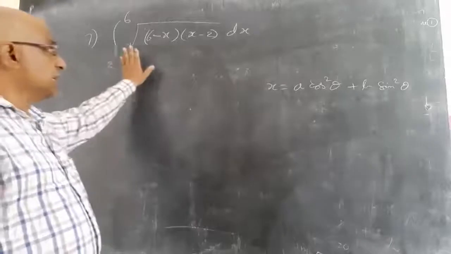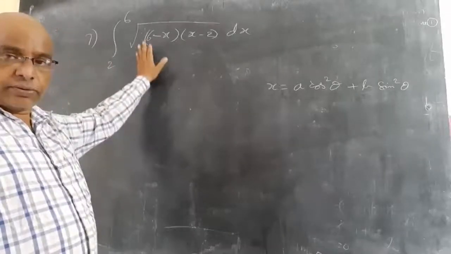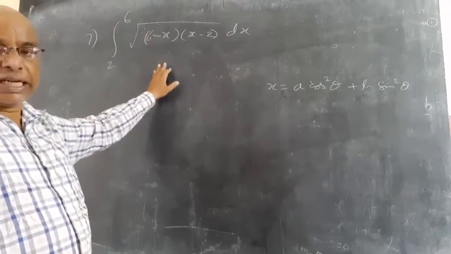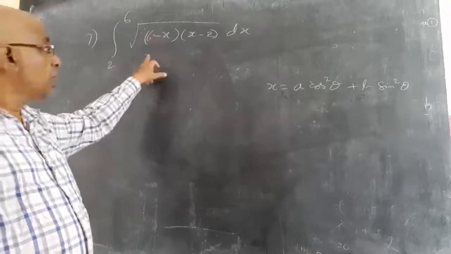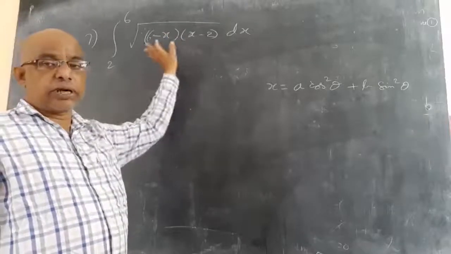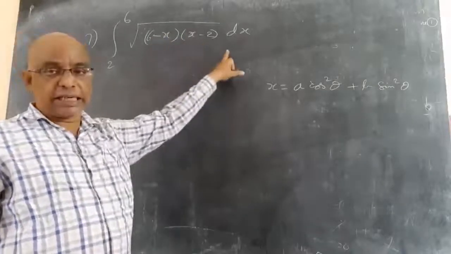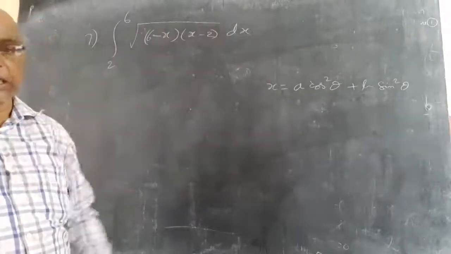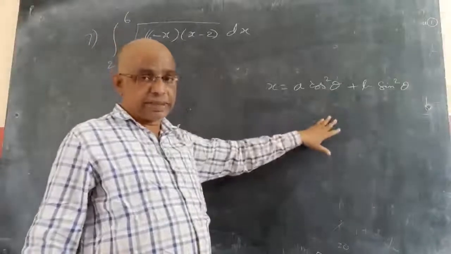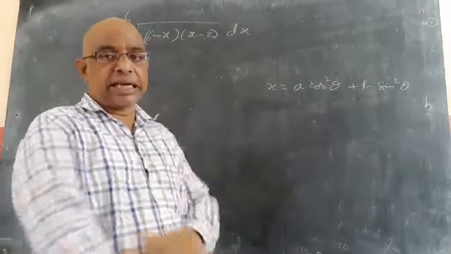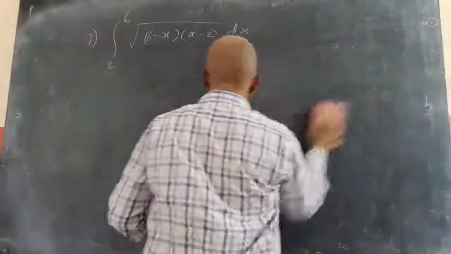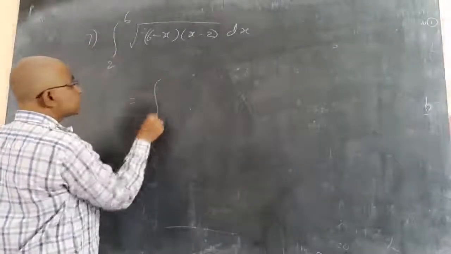Another method is, if it is not one divided by the other, like (b minus x) by (x minus a), but both are in the numerator, like square root of (b minus x) into (x minus a), then you can directly multiply and complete the square. You can 100% do that. The other method we already discussed in the last class. So we will go for the direct method. How to go for the direct method? Just directly multiply and go for completing square.